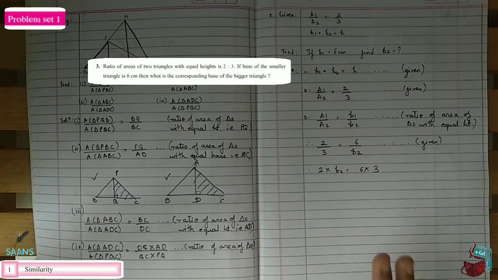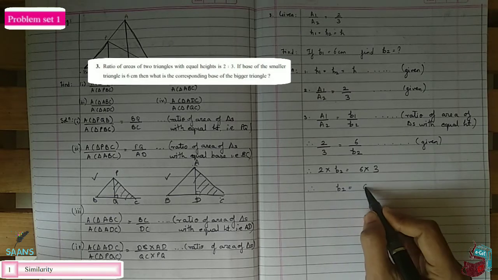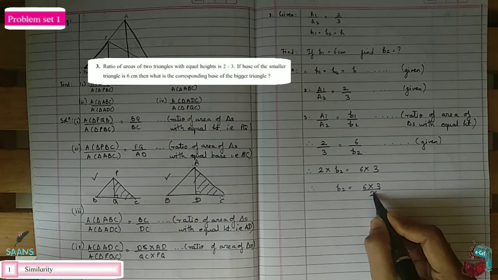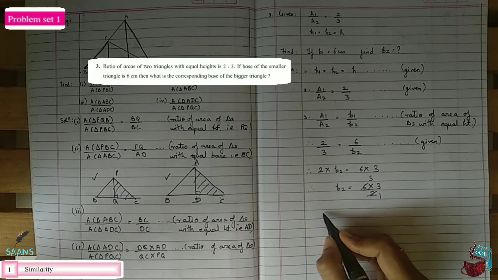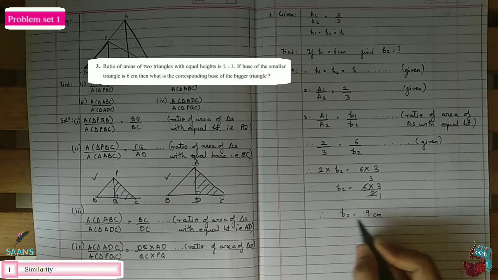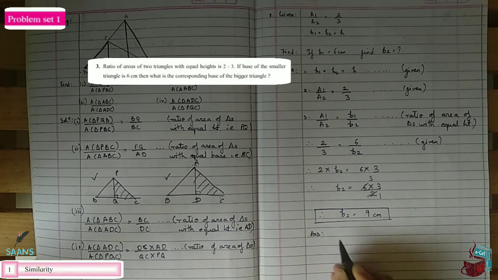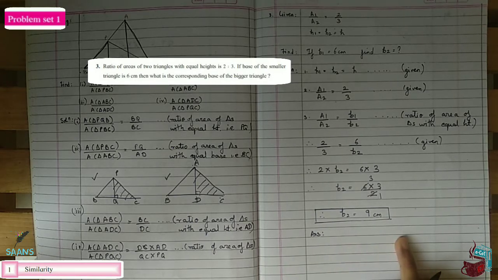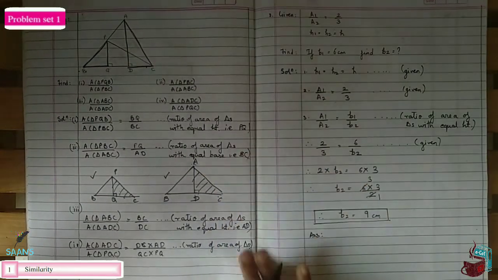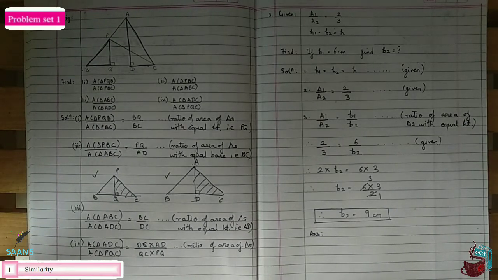Never directly multiply, keep them as it is till you don't cancel. B2 freeze, multiplication is going on over here between 2 and B2, so multiplication becomes division. 2 ones are 2, 3 threes are. Now you multiply, therefore B2 is equals to 3 threes are 9, not only 9, 9 centimeters. Now I will not be writing it, but answer right. Therefore the base of the greater triangle will be 9 centimeters. Please write it down. If you are aiming for full marks, such mistakes cost you half marks or cost you your marks. Okay, so let's continue.